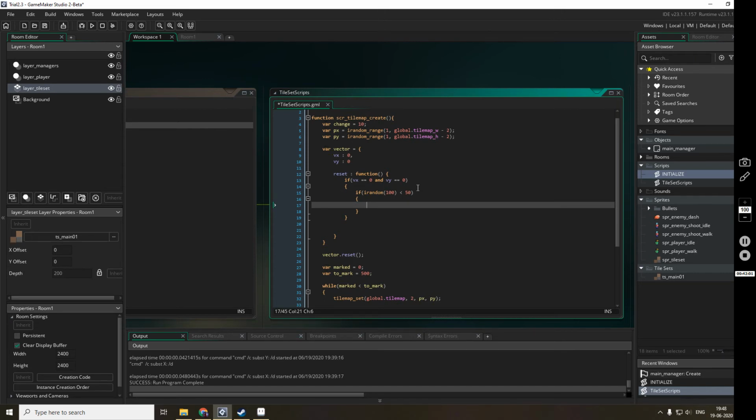If irandom 100 is smaller than 50, so this is like a 50% chance. I'll just write it down here.